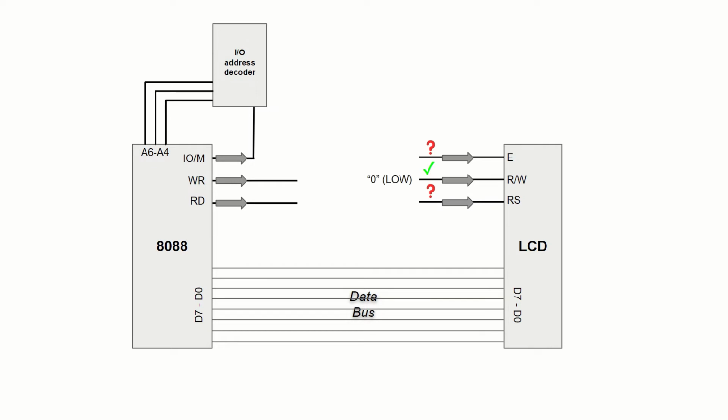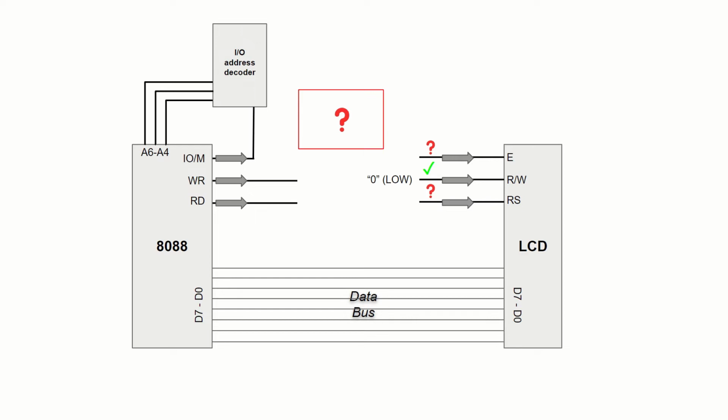Next, we need to create a contraption which would convert the CPU signals to something acceptable for the E input of the LCD. The E signal, normally low, needs to change to high shortly before it changes back to low for the LCD to accept the data on all the other lines. That is how the WR signal from the CPU works, but its levels are opposite to the E one. We can easily invert it, but also we want the LCD to accept the data only when it's been chosen by our newly built address decoder.